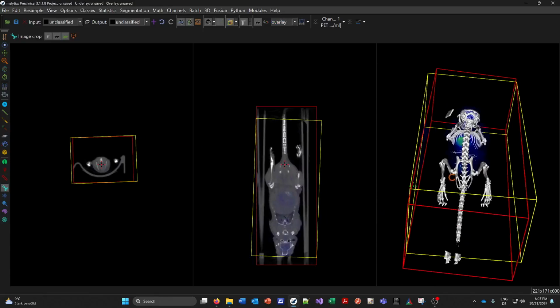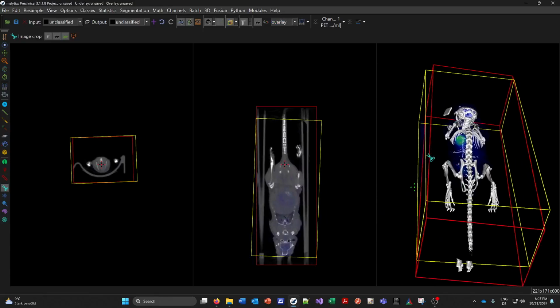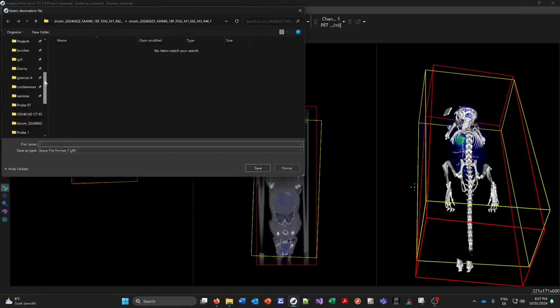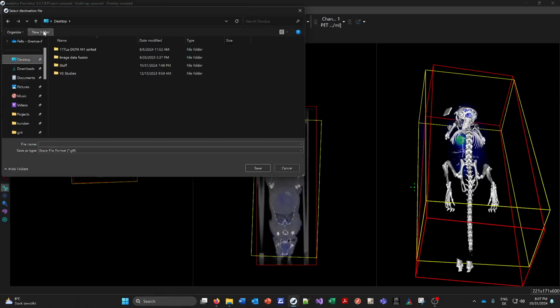And now you have adjusted the image, both the underlay and overlay, from the cropping and setting the metadata. Now you can save them here, save underlay as, and let's just save it to the desktop. Here is the Xodus,